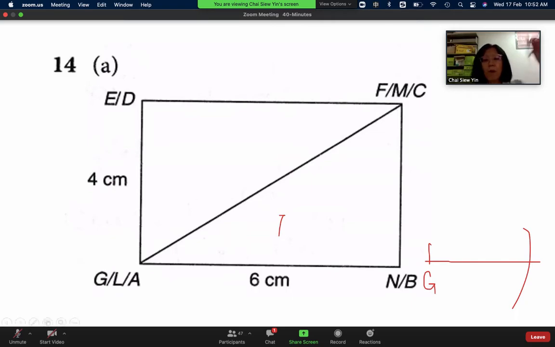Don't just plonk your ruler onto the paper and measure the length. Use mechanical pencil. Make sure it is 2B lead. Yeah, don't use HB lead. Use 2B lead. I think some compasses have the mechanical pencil. Yeah, but make sure you press down